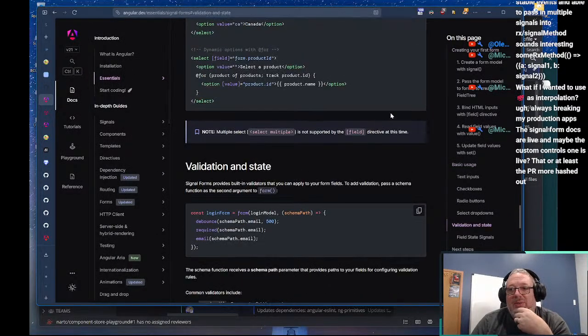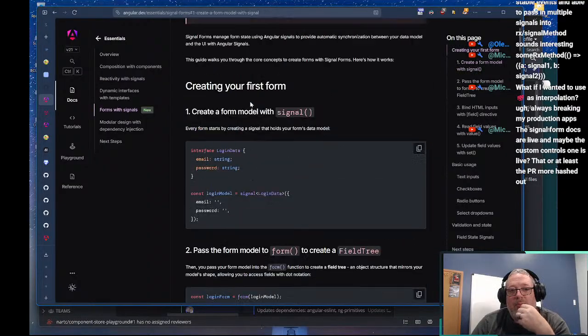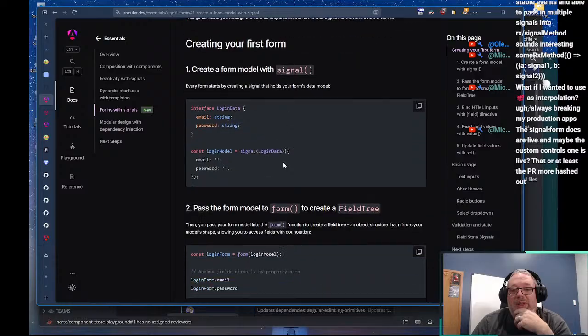Forms with signals. So signal forms are experimental.